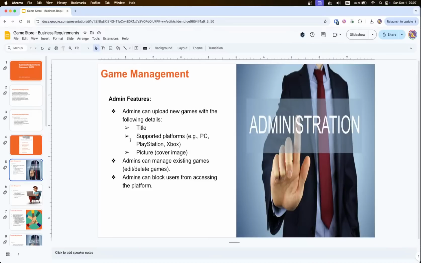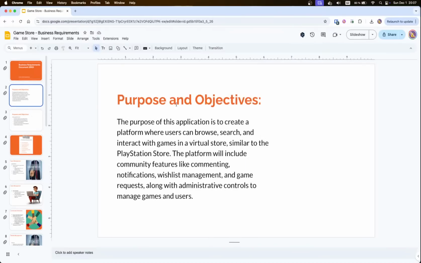So now we are mainly talking about the database design. Do not mix application design and database design. Now we are focusing only on the database design. Exactly. All right, so from the business requirements, what do we have here? We have the purpose and objective. So here we have